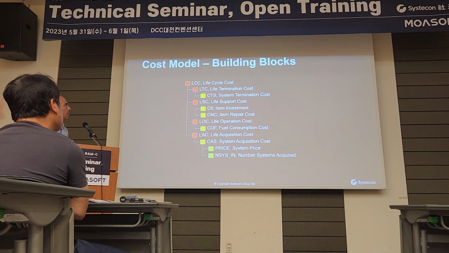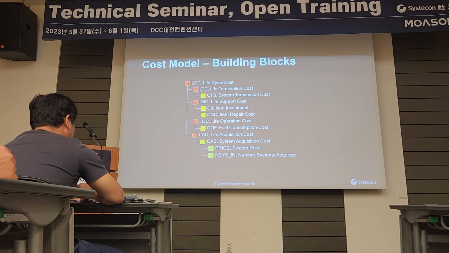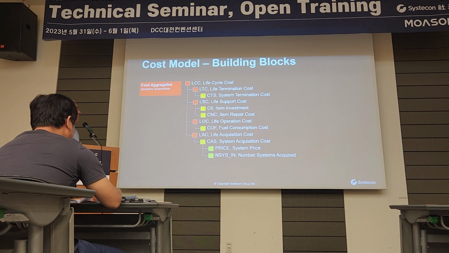This is an example of a cost tree. Very simple. Here you have the aggregates that represent summation. So the total LCC here is the aggregate termination cost. The total LCC consists of the termination cost, support cost, operation cost, and acquisition cost,